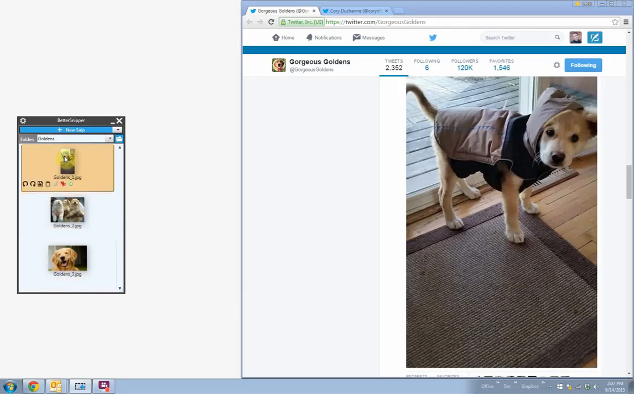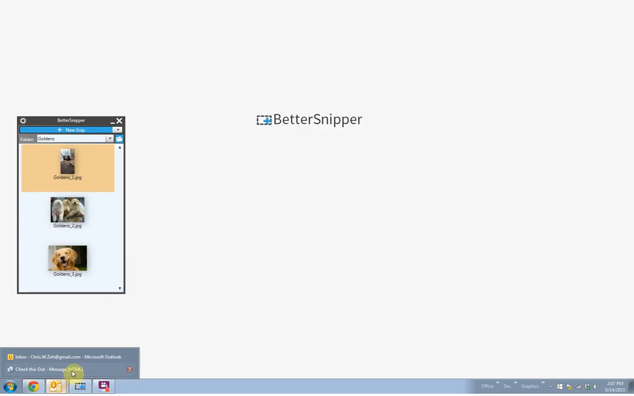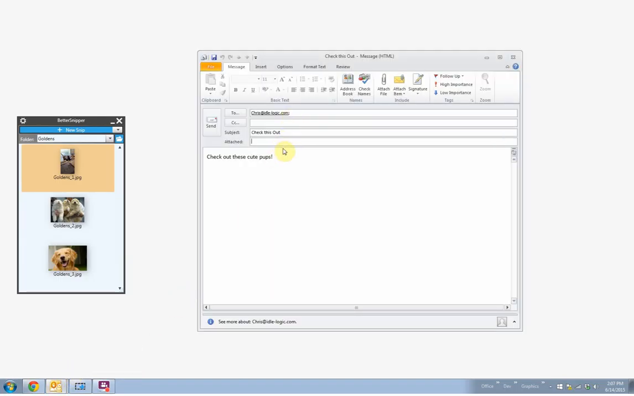And let's do something with these cute guys. Let's go ahead and go into an email. Open up Outlook here, and here's an email that I've started already. A couple different ways you can add those images to this email. You can select multiple ones and just drag and drop them. In this case, it's going to attach them as files, or if you'd like to actually attach them in place,